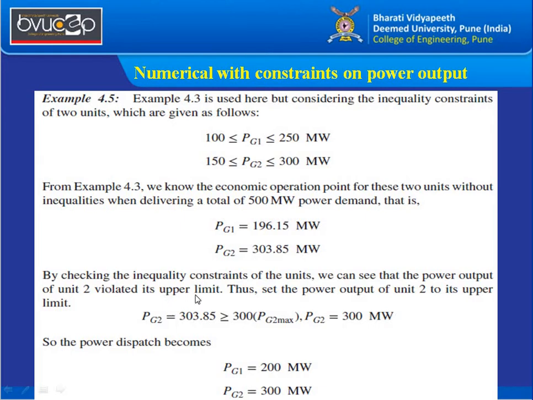For PG1 the limit is between 100 and 250, so PG1 has no problem, it is within the limits. But PG2, if we see, has slightly exceeded the higher end of 300 megawatt. It has reached 303.85 megawatt. So in this case, what we are going to do is